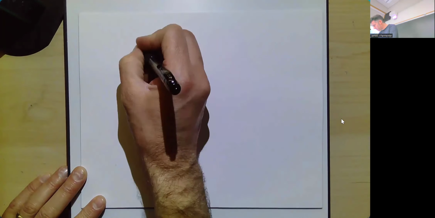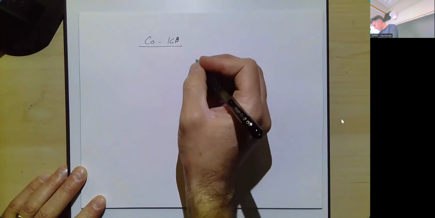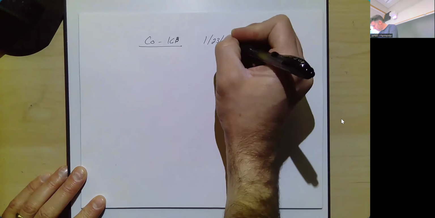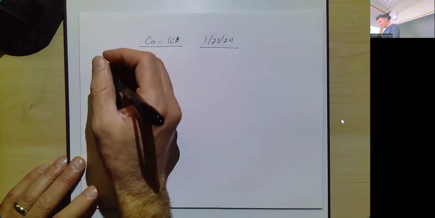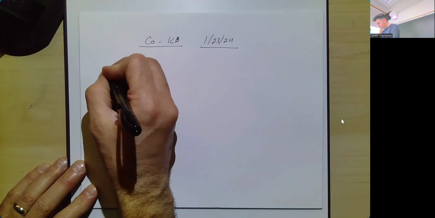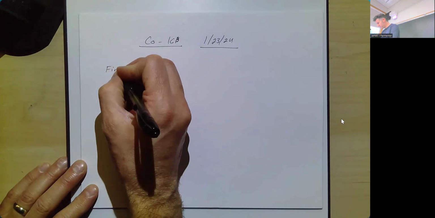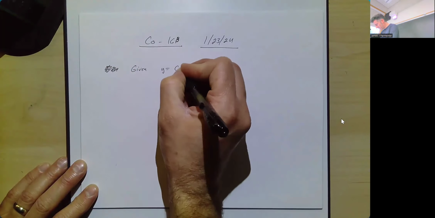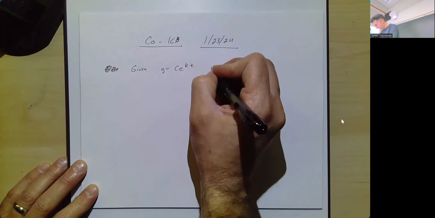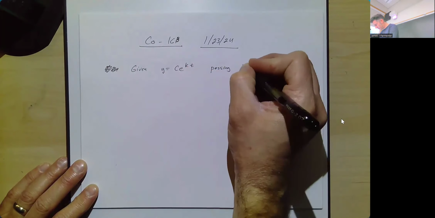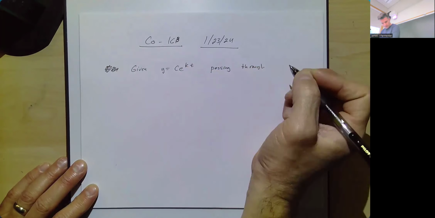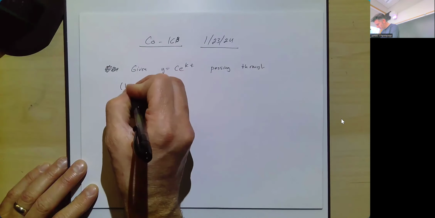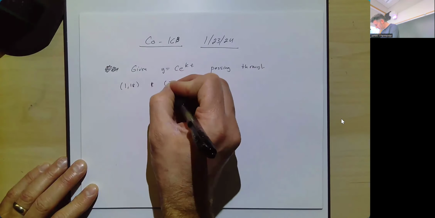Co-16B, yeah. That's a B, believe it or not. And today is the 23rd of January. So the question was, I don't like this phrasing, but I'm gonna phrase it this way. Find, that one, I'm gonna start over there, sorry. Given y equal to c e to the kt passing through the points, and yeah, we'll do say (1, 18) and (3, 2),